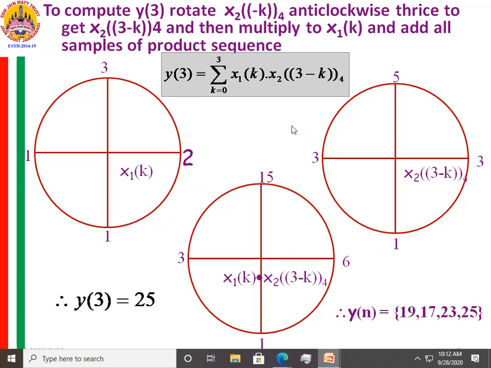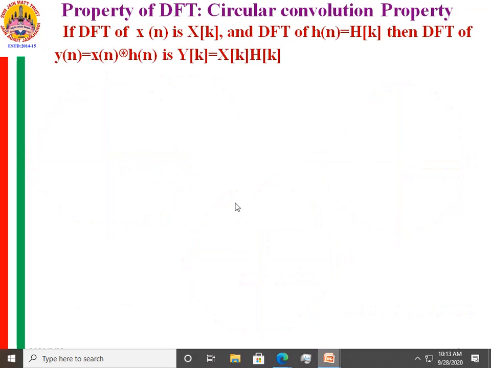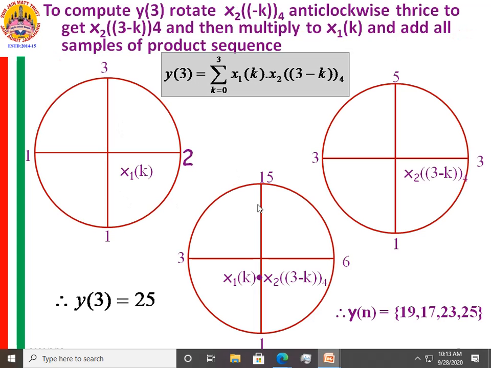Now, this is how you have to proceed to find the convolution in the time domain by the circular approach, that is, by means of circles. This is just one example I have taken. You can take different sequences and you can proceed ahead like this. You got this methodology of how to convolve two sequences using the circular approach.